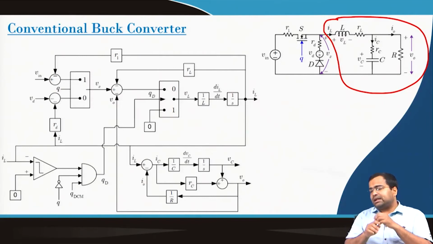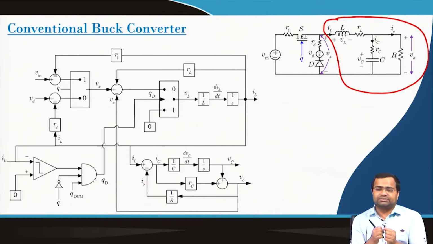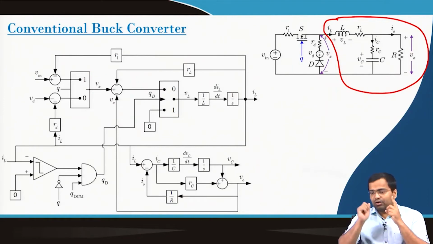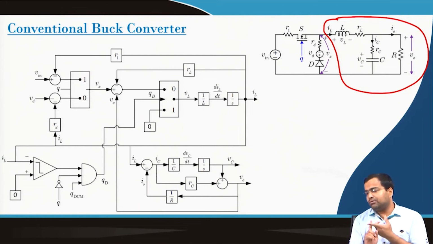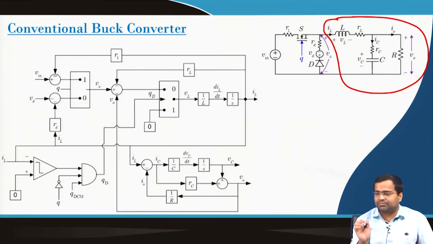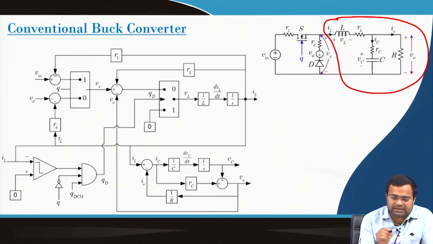So, we can use that parallel RLC branch without any hesitation, but we have to be careful about the selection of that inductor voltage, which is very crucial,